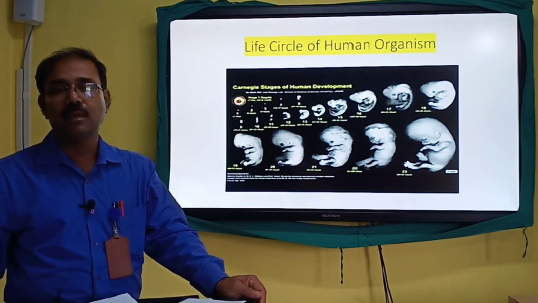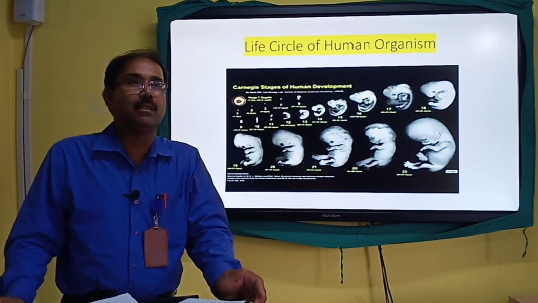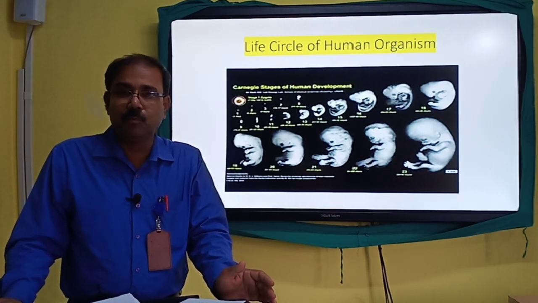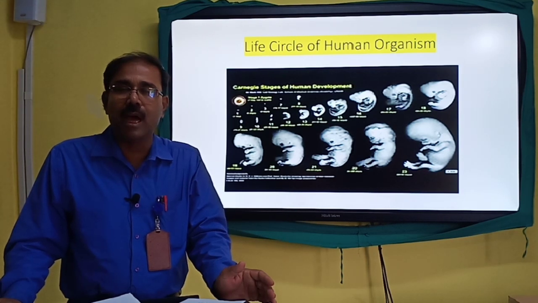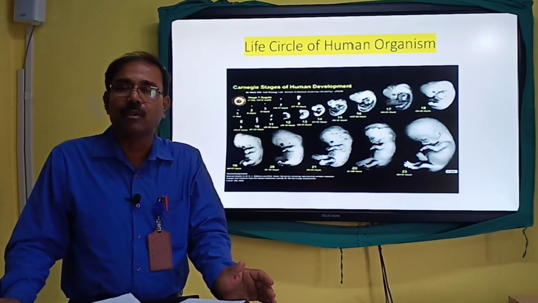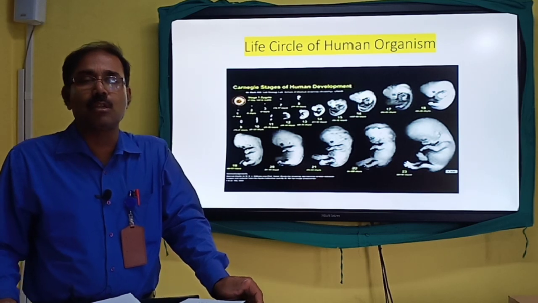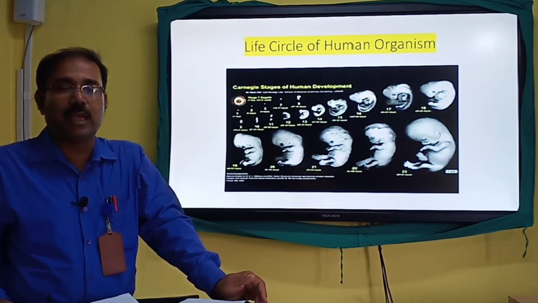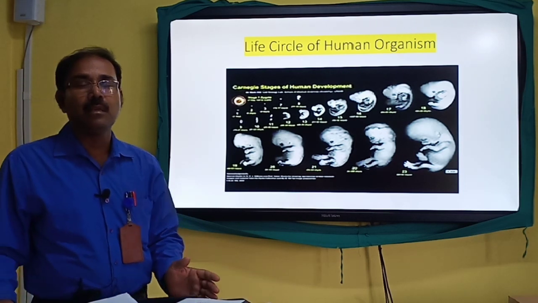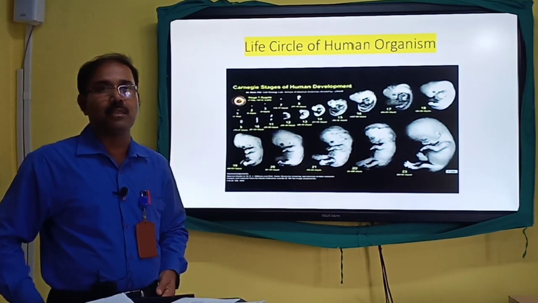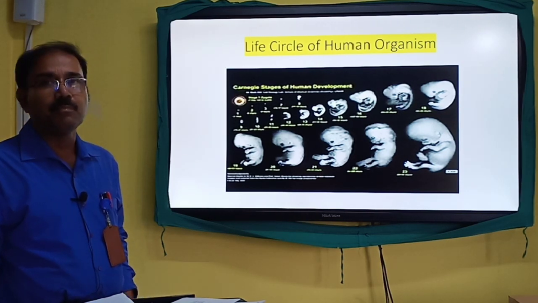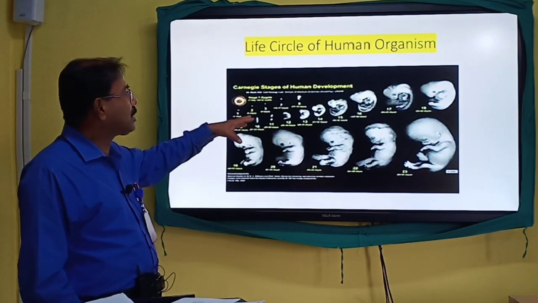270 days. Some psychologists are of the opinion that inside the mother's abdomen, from the stage of conception till the time of birth, the child remains for 266 long days, while other psychologists say that the time on average is 270 days. So after that, birth is possible. This is the process.